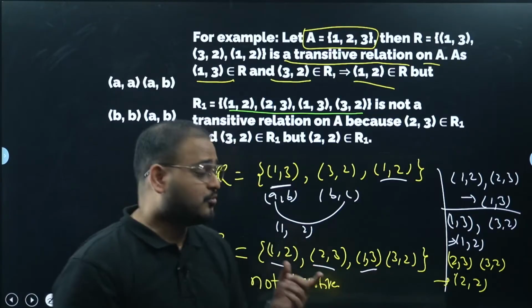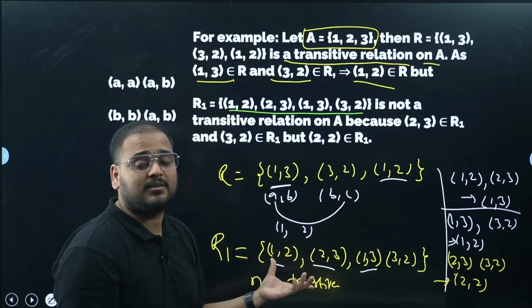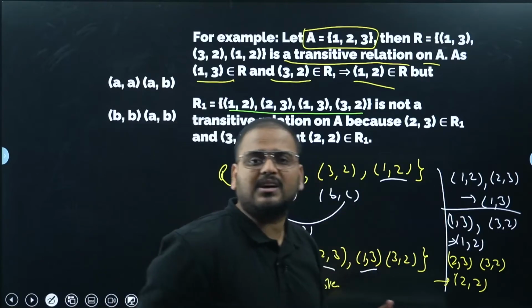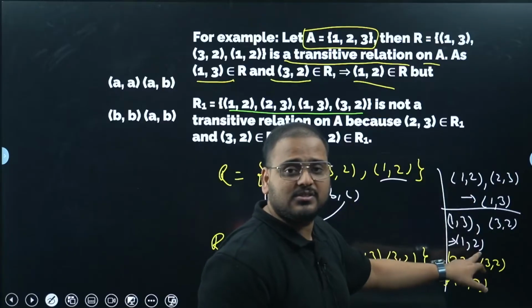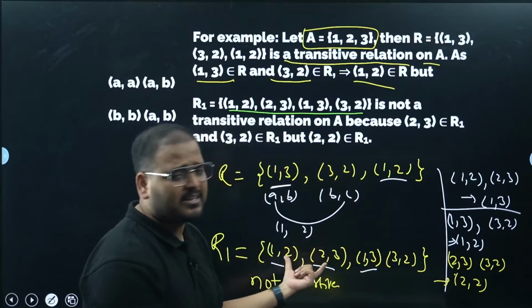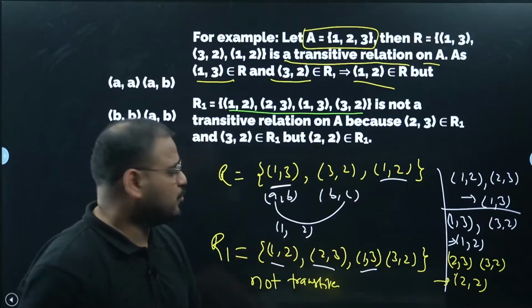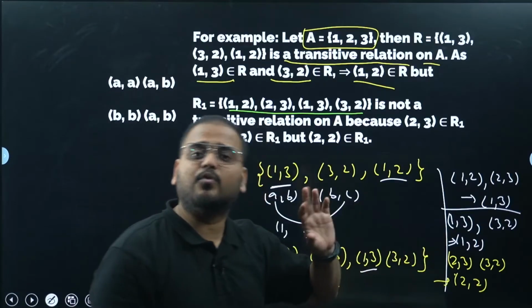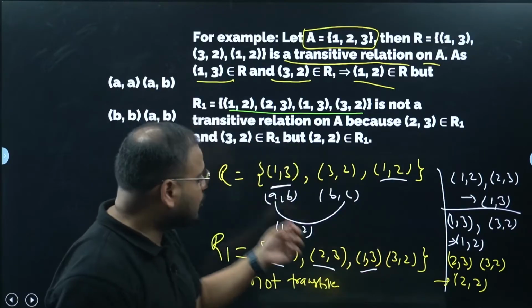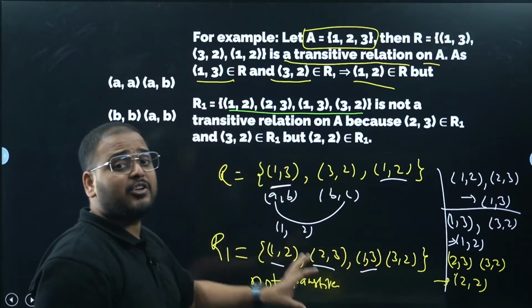Now you might want to ask, sir, do you have to check for every element? Yes. You have to check for every situation which is present. Now that makes it complicated. See, in the exam you're in a hurry, you'll check the first two conditions. Satisfied, sir, two are satisfied in such a small set. Okay, then it is true, we'll take transitive and move on. And it is going to be loss of marks. So what we have to do here is make sure that you check everything.